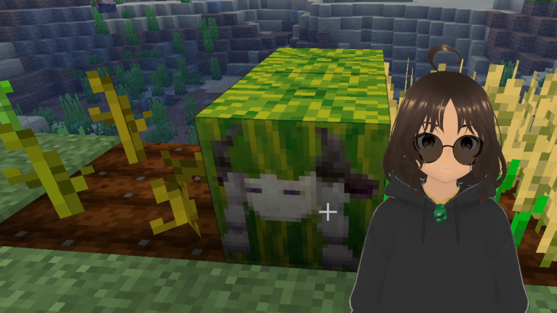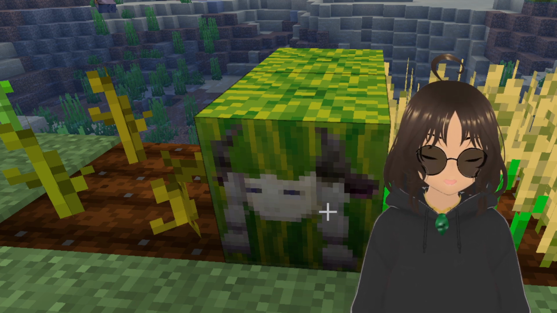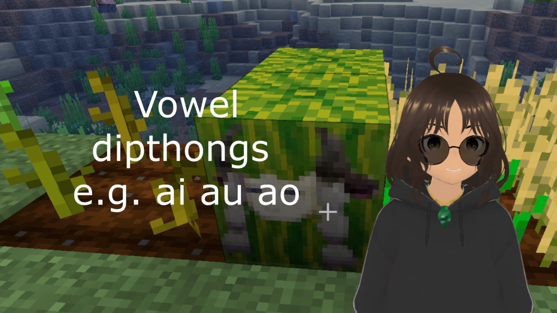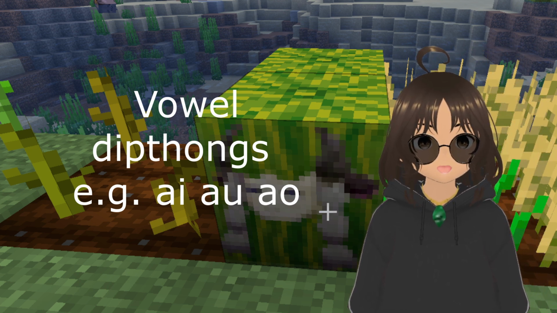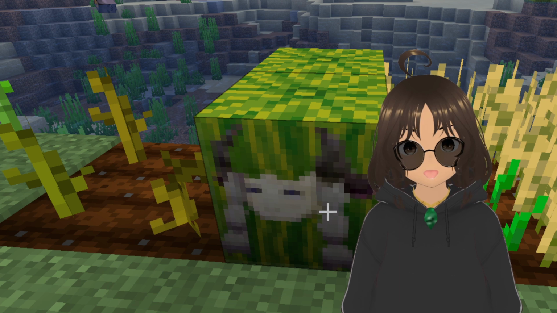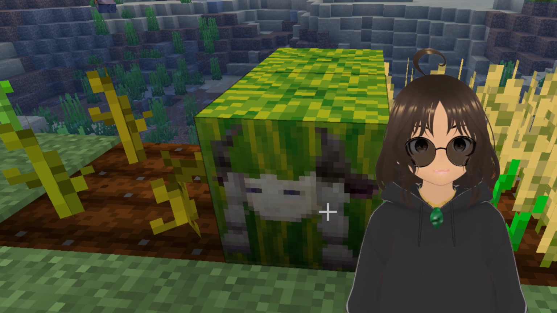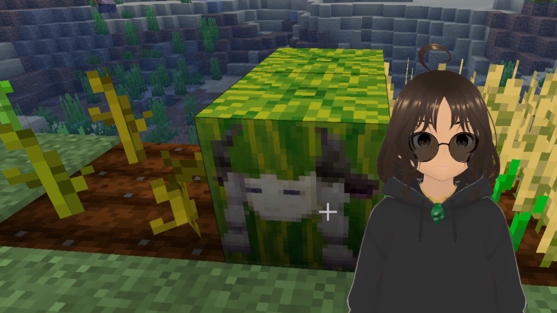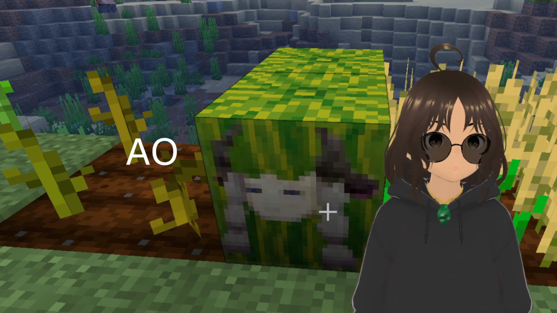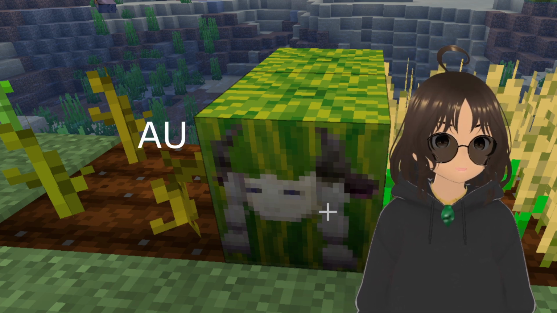Pretty basic. But as well as that, there's also vowel diphthongs. I think that's what you call it, when you put 2 vowels together to make a new sound. So most of them you kind of just say the sounds next to each other, and it kind of turns into the thing: a o, ow, a u, o.